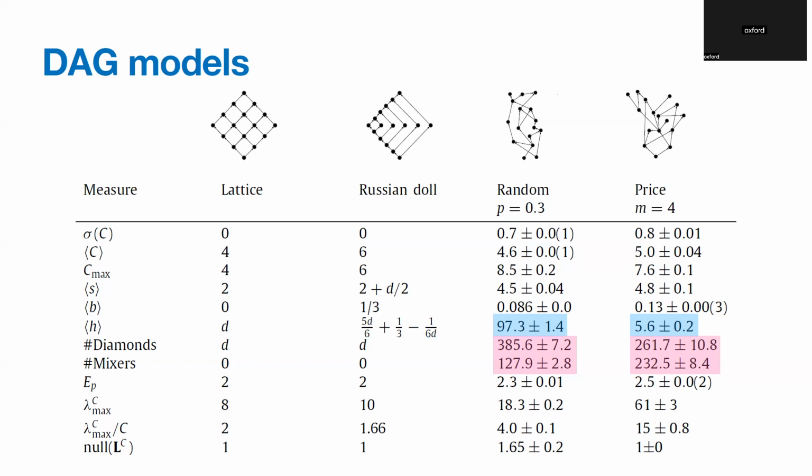And if you look at the relative prevalence of diamonds and mixes, for example, the heterophony model overwhelmingly has diamonds, while it's much more balanced in the price model. Again, we're not sure why, but it's an interesting observation. And the average heights of the cycles in the price model are much more compressed, and